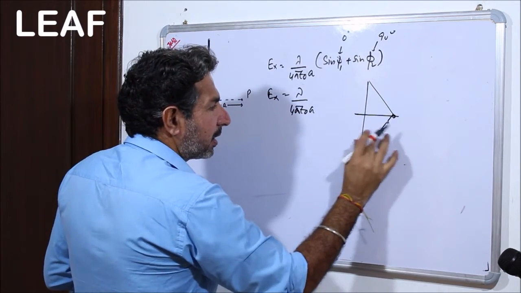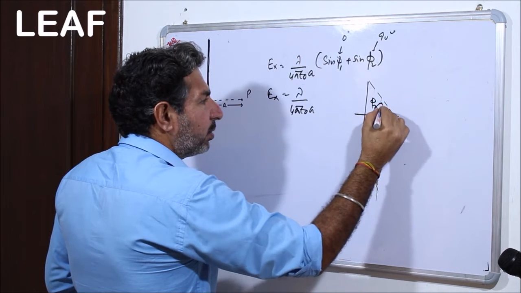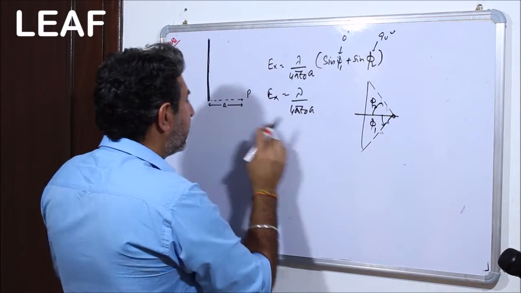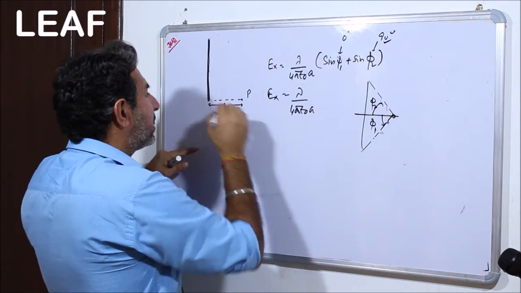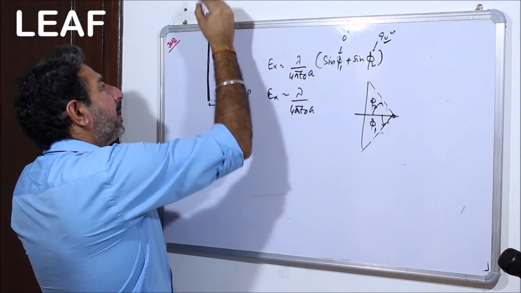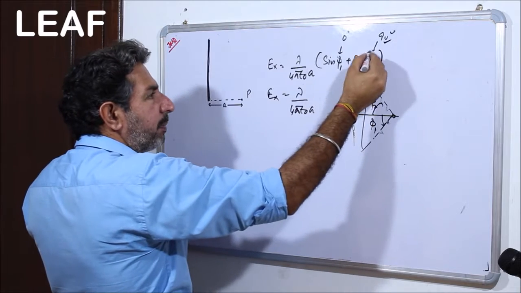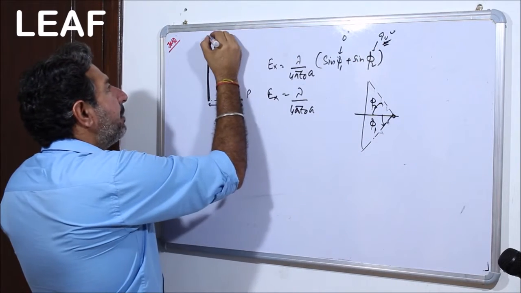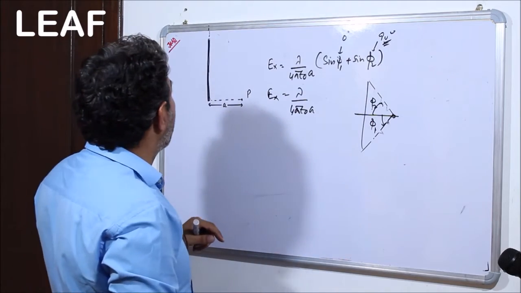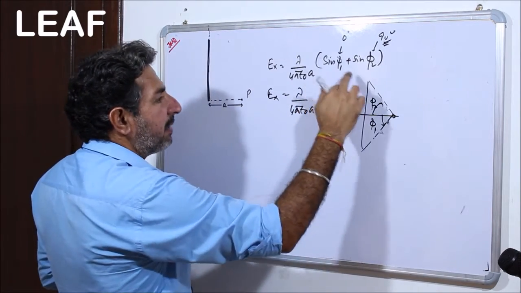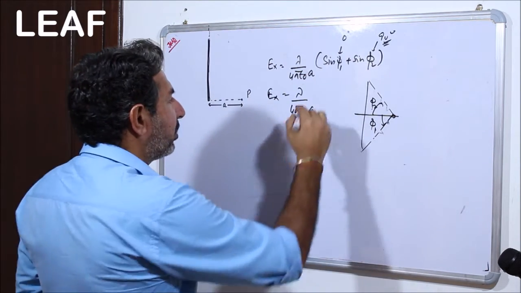And this is phi 1 and this is phi 2. Since the point is on the end, phi 1 becomes 0 and phi 2 becomes 90 degrees, because this wire is moving on this side to the infinite value. So we are going to replace this phi 2 by 90. I must draw a dotted line here. Let it go to the border of the board, no worries at all. So phi 1 comes out to be 0 and phi 2 is replaced by 90. I'm going to get this value.